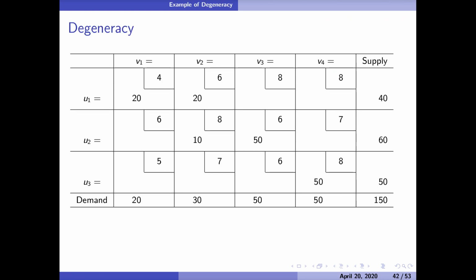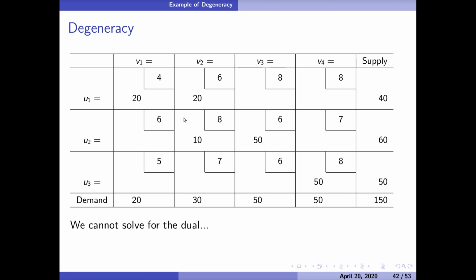Now I wanted to talk just briefly about degeneracy. So notice when we were filling this in, I've got 1, 2, 3, 4, 5 variables here, but I've got 1, 2, 3, 1, 2, 3, 4. M plus n here is equal to 7. So I need 6 variables to make up a BFS, but I've only got 5. And so what's going to happen is that I'm not going to have enough